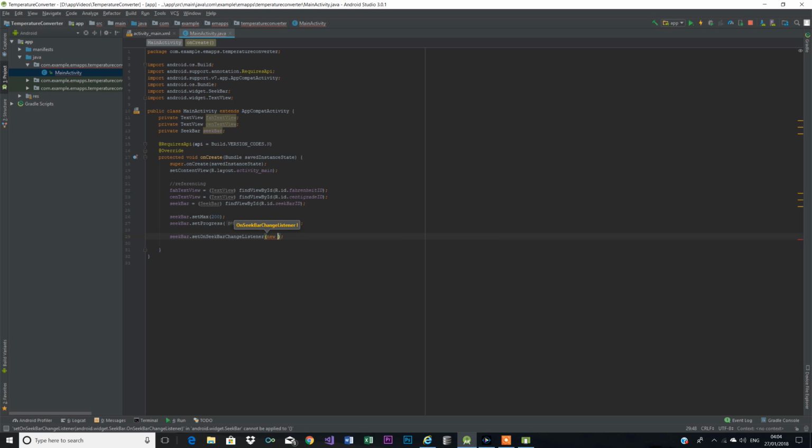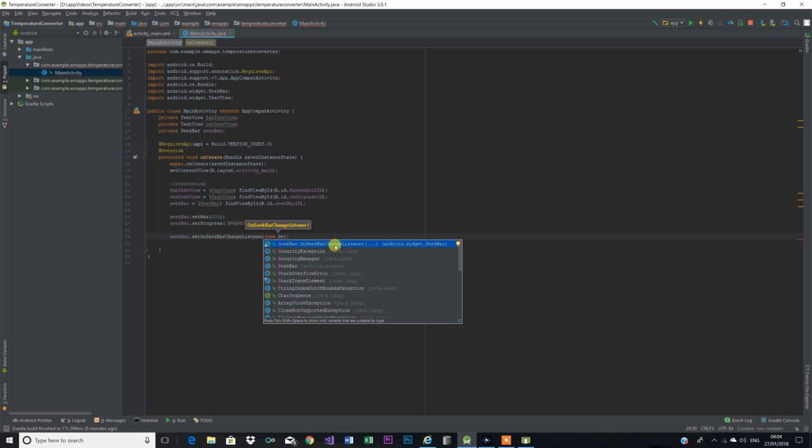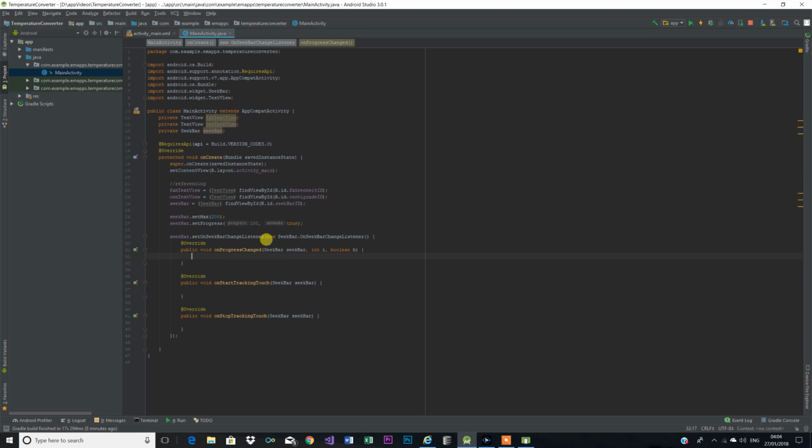So we will say SeekBar, we will call an event listener for it. Set on SeekBar change listener. There's the event listener, as you can see, and we will say new SeekBar on SeekBar change event listener. So it gives you these three possibilities. Instead of using int I, I'm gonna say on progress to make things clearer, and this is from user. Okay, now